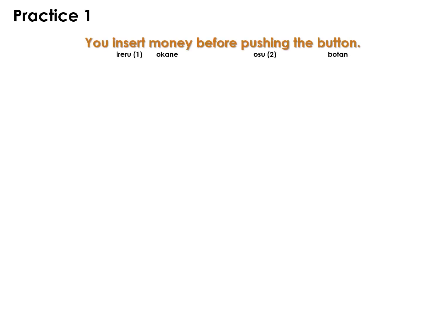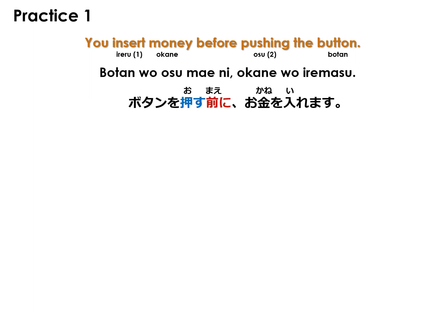Let's practice what we learned by translating these sentences into Japanese using formal verb forms. We will use verbs that we learned in lessons 26 to 30. These lessons also explain how you form the plain and formal verb forms in Japanese. How do you say in Japanese? You insert money before pushing the button. ボタンを押す前にお金を入れます。